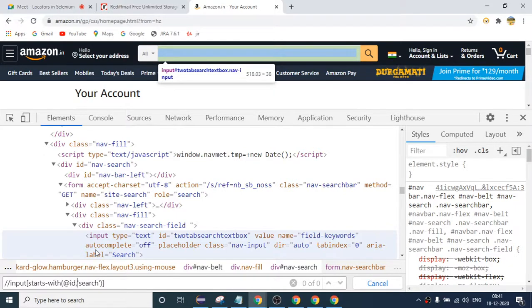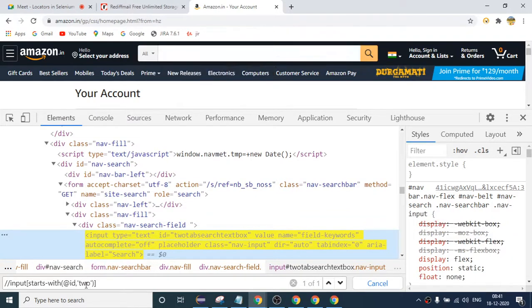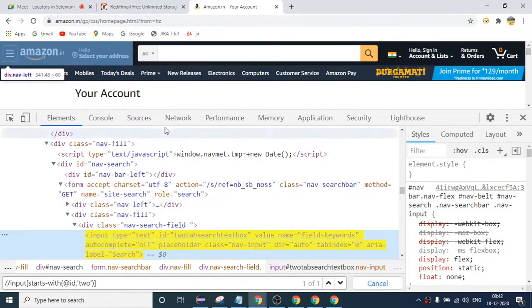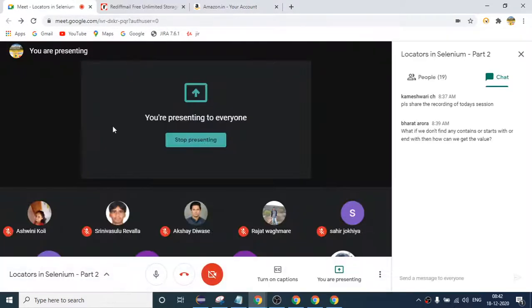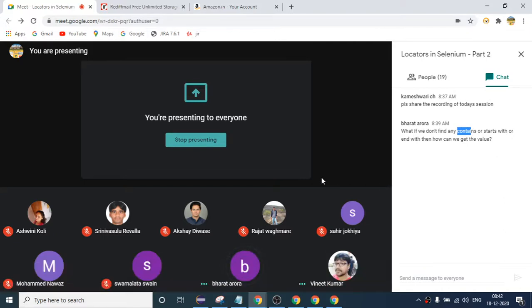So I am saying starts with 2, because it is starting with 2. I think your question is not correct actually, because we can use contains, starts with, or ends with. Sorry, actually I'm asking about the case where we get different values when we refresh the page.